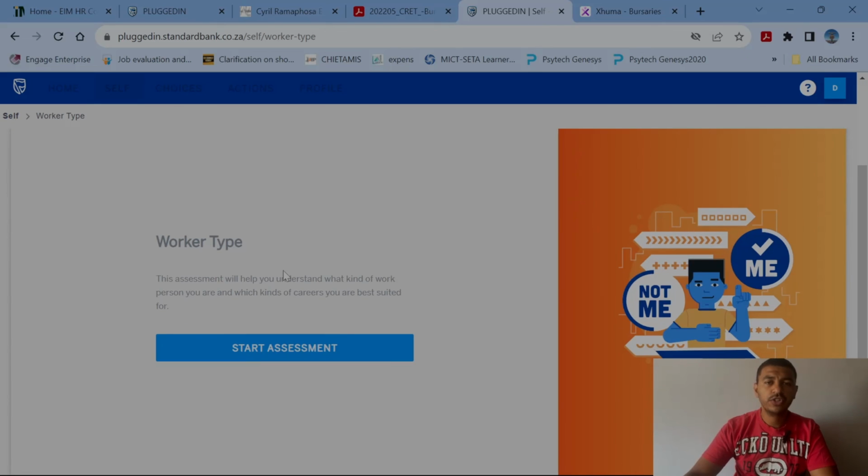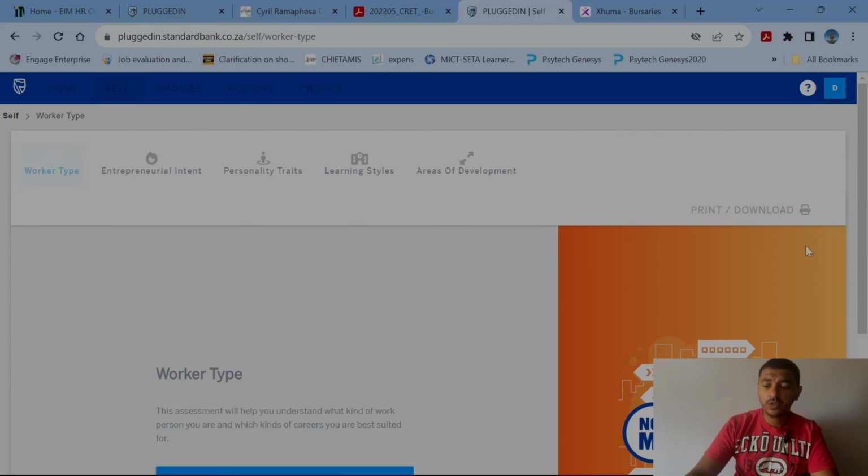Okay, so in order to start the psychometric test, you need to navigate to worker type assessment. You'll click on start assessment. Because psychometric assessments are ethical and bound by certain regulations, I'm not allowed to take you through the test, because you'll know exactly what the test will ask. But they don't ask any personal information, but more in terms of what interests, what worker type, what career field you would lean towards, and therefore you'll complete the test. Then once you're done with the test, you'll click download or print. From there onwards, you can use it to supplement your application when they ask for the proof